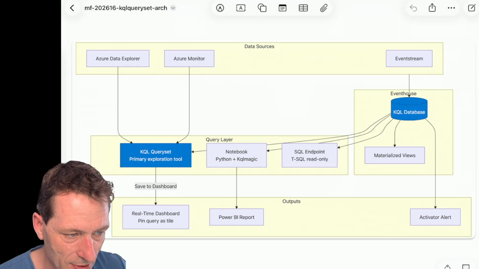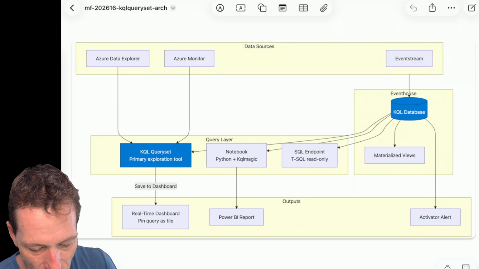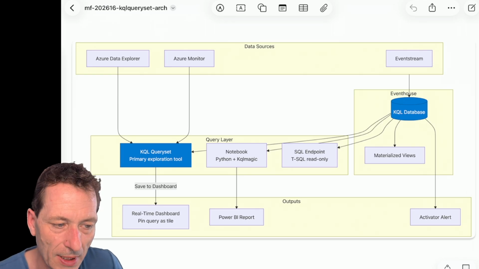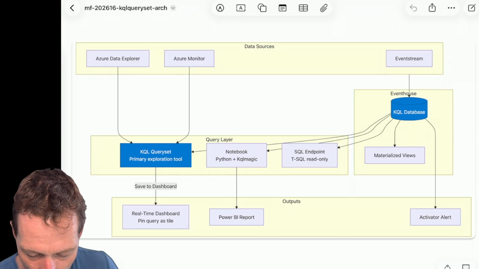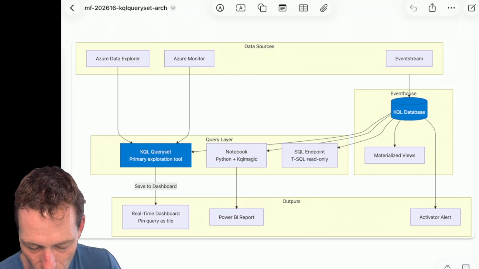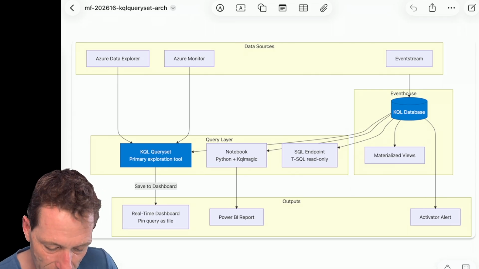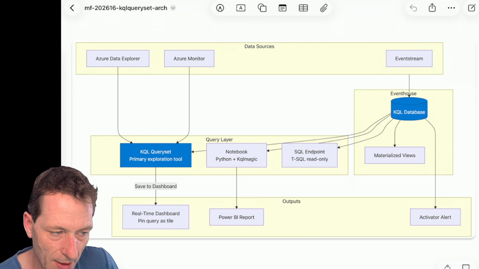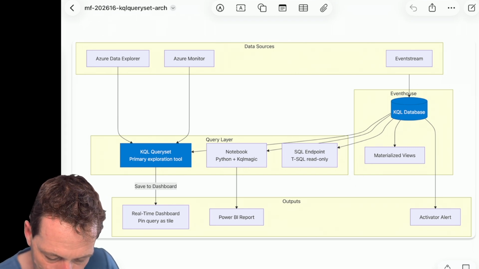Let's start straight away. This time we have a much more complicated drawing, and I found it might be easier to pre-create them and draw on top of the diagram rather than drawing the diagram. This will be an exception, of course. So let's have a look at how that works and where the KQL queryset sits in that